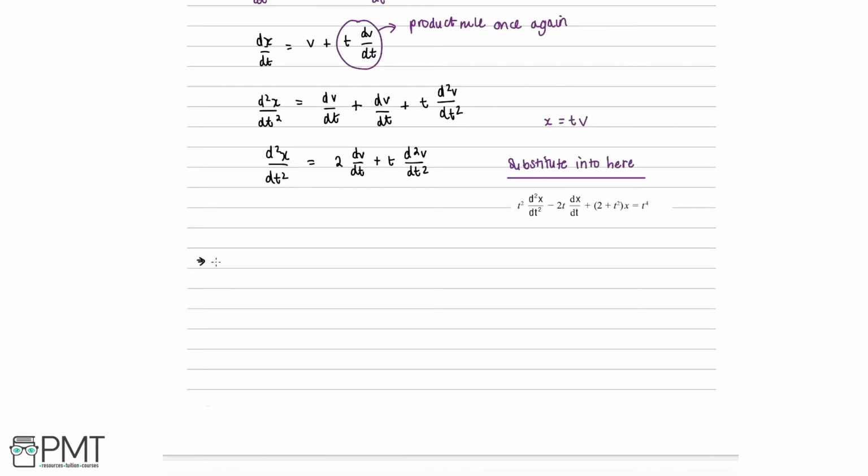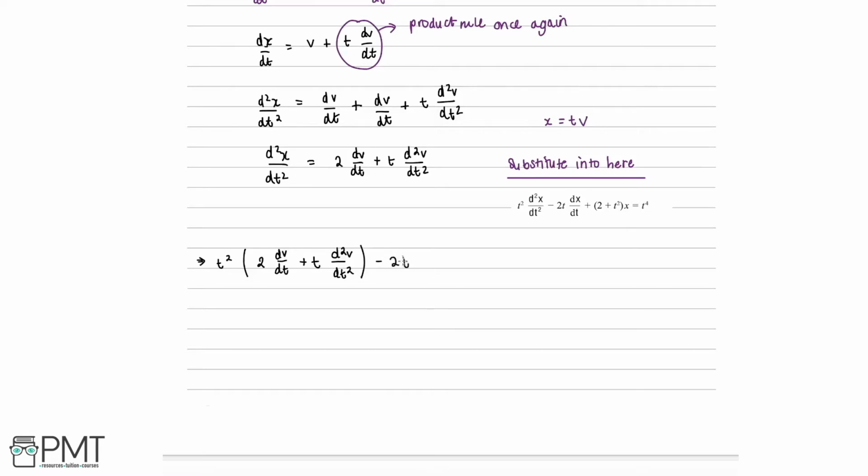So we get t squared multiplied by, well, the second derivative of x with respect to t will be 2 dv by dt plus t multiplied by second derivative of v with respect to t. So it will be 2 dv by dt plus t multiplied by the second derivative of v